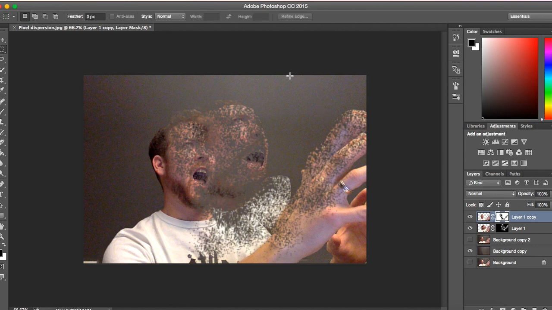So if you want to do a twirl in a specific area, like if I was envisioning having a twirl here, as if I'm getting sucked into some vortex that's forming here, I'm going to use my rectangular marquee tool and create a selection here,